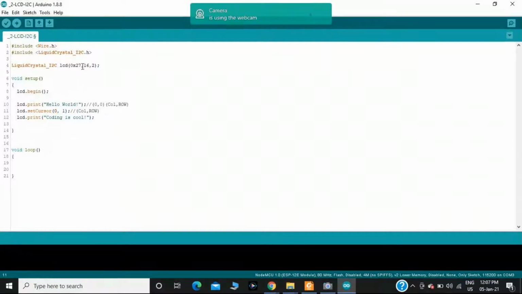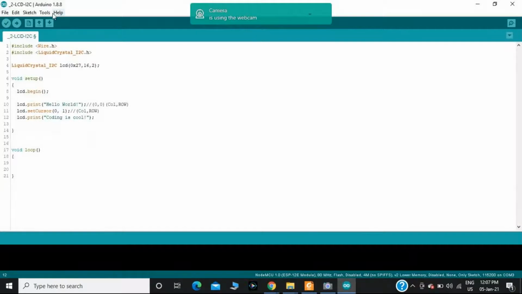In my case, I am having 16 columns and 2 rows, so columns 0 to 15 and rows 0 to 1. And in the 0th column, first row, you will get the hello world. In the next row, we will get coding is cool.